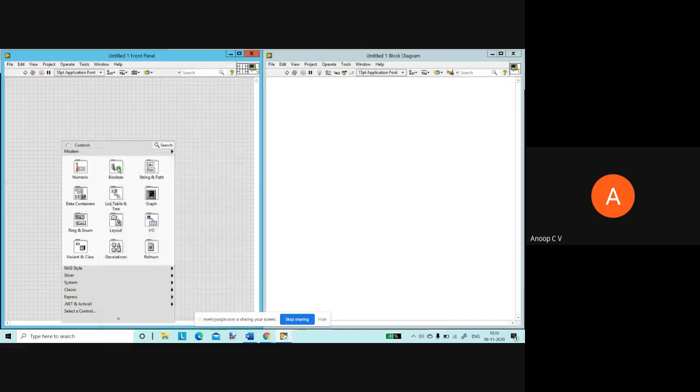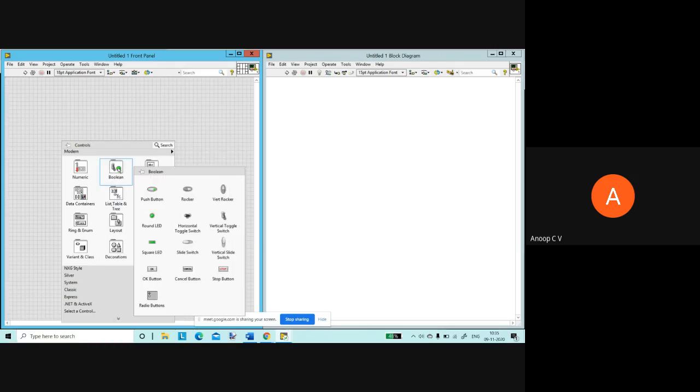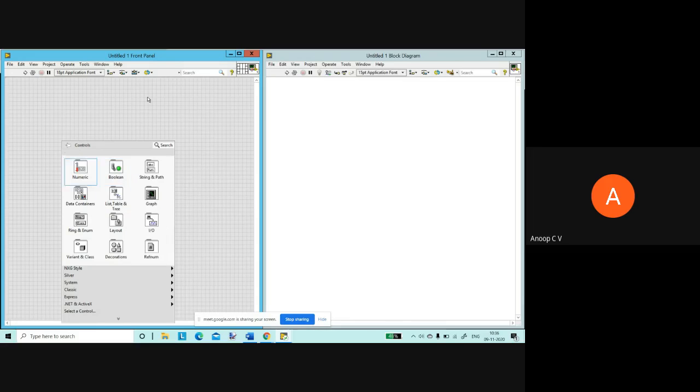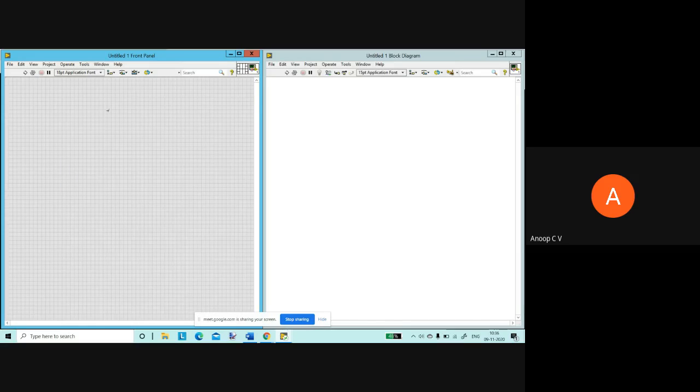But in this we'll be using boolean values. Boolean is either on or off, right? So we'll be using LEDs here. You can see LEDs under boolean. You can place LEDs along with me. What you have to do is right click on this front panel,